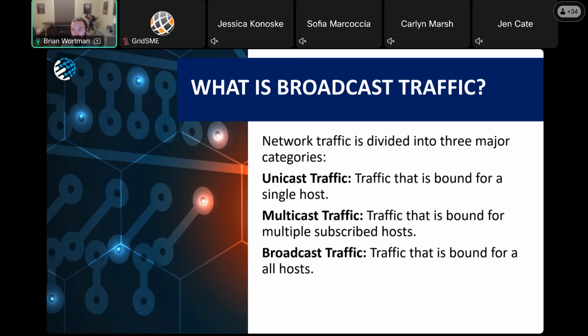Multicast traffic is usually not used quite as much in OT environments, and we don't need to talk about it much today, but you can think of it like a magazine or a newspaper subscription. It's traffic that's bound for multiple subscribed hosts. And broadcast traffic is really more like a flyer that goes to every mailbox, right? So it is traffic that is bound for all hosts inside the network segment. We'll get into network segments in just a moment, but really, think of it as a subnet.